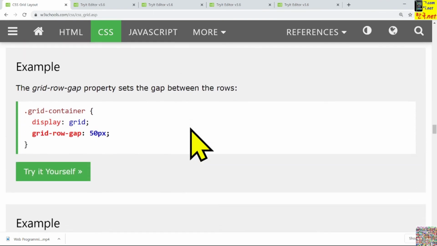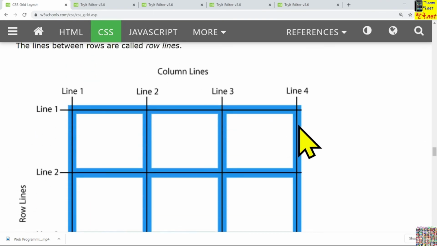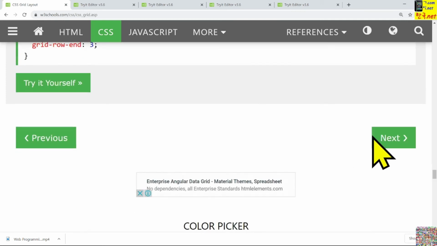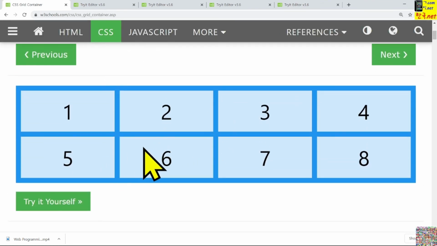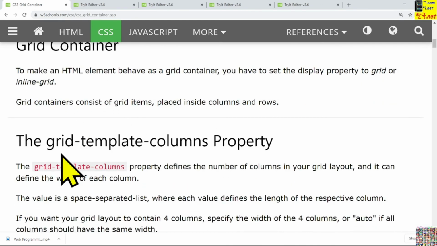And you can refer to others. I'll skip, and I will focus on the more important concept, key points here. And grid container. This one explains the grid container, which we learned already, but here we are learning